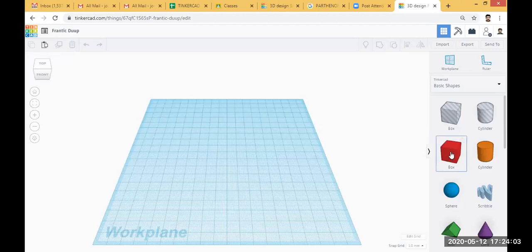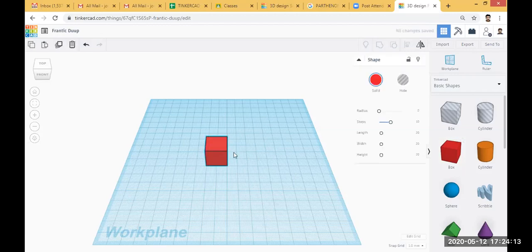First you take the box. The cross section of the chair leg is actually rectangular or square, that's why I take the leg shape as a box.